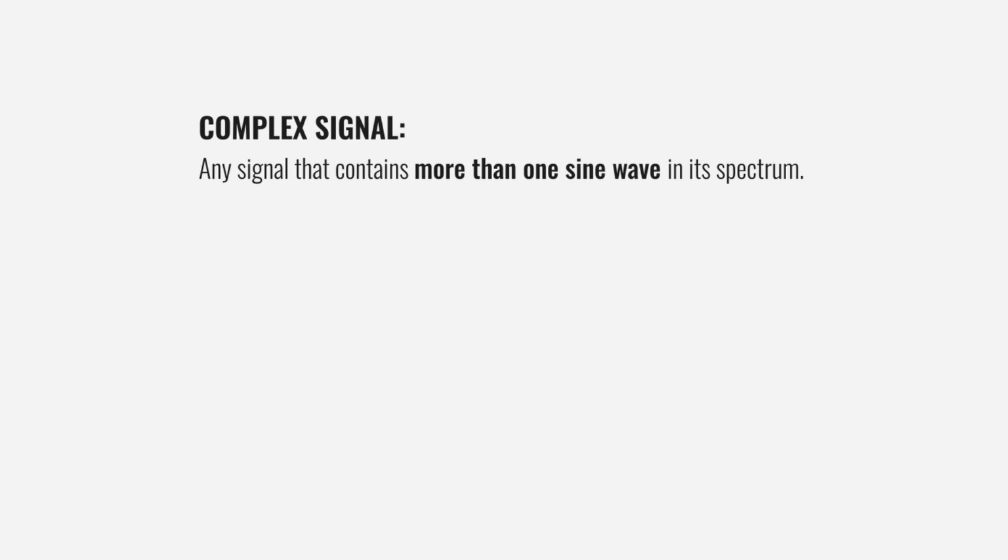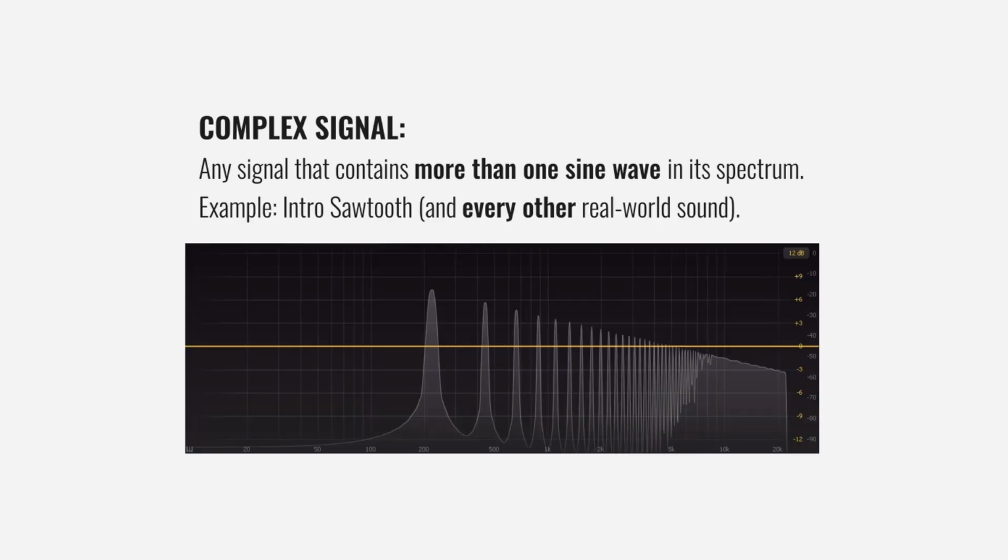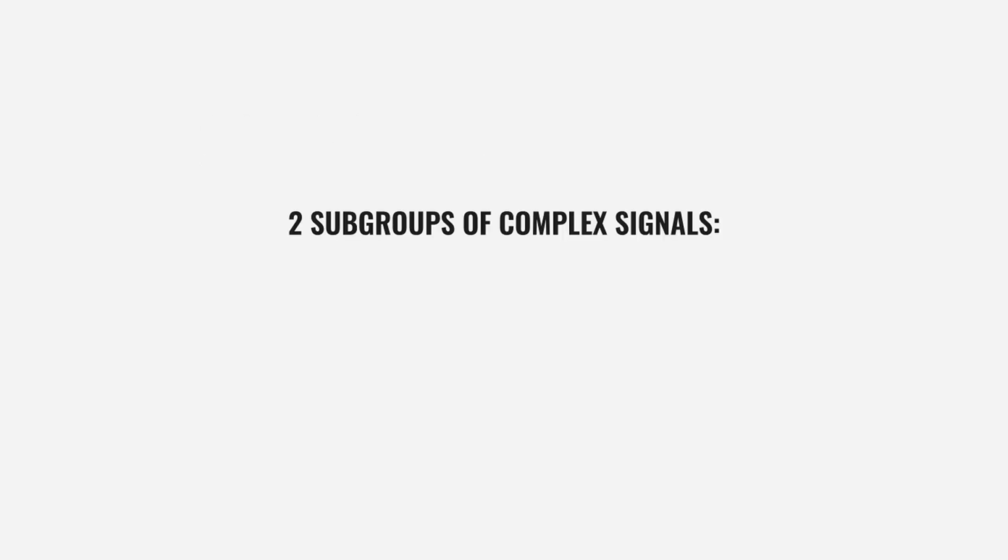The last term we should introduce right away is the complex signal. A signal is called complex when it consists of more than one sine wave. So our intro sawtooth was in fact a complex signal. On top of that, there are two categories we can group complex signals into: harmonic signals and inharmonic signals. But to be able to understand the difference, we first need to take a closer look at our building blocks,